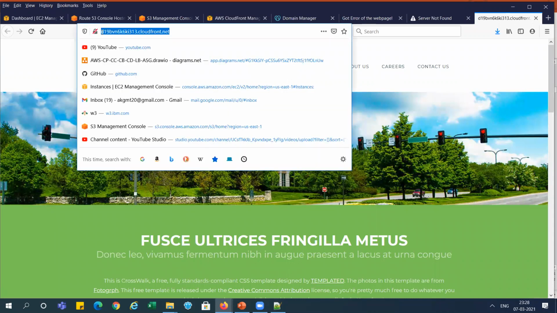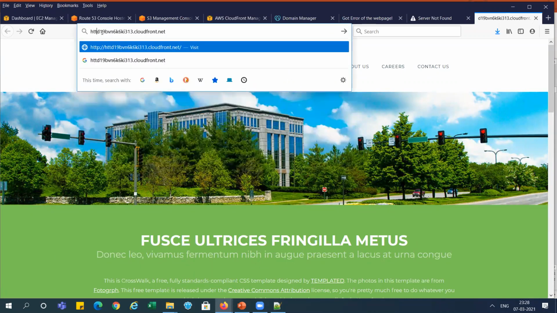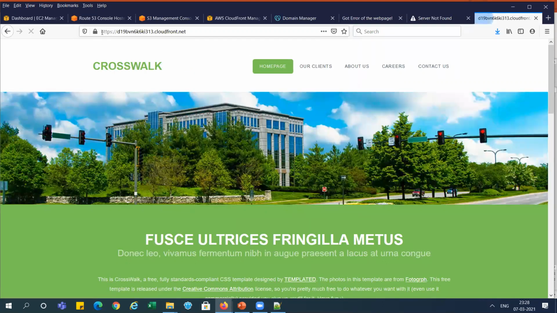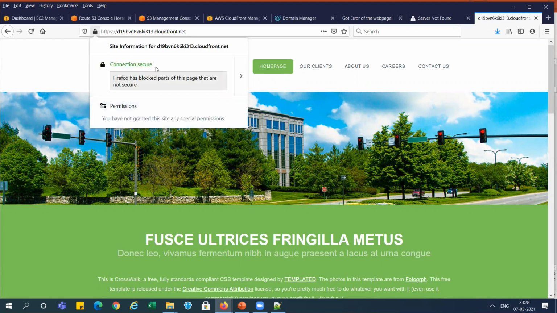I think it is without HTTP, because we have enabled both. You can see it is working for both, and the certificate is showing connection secured, right? And it is for the CloudFront.net site, and it's showing correct, right?